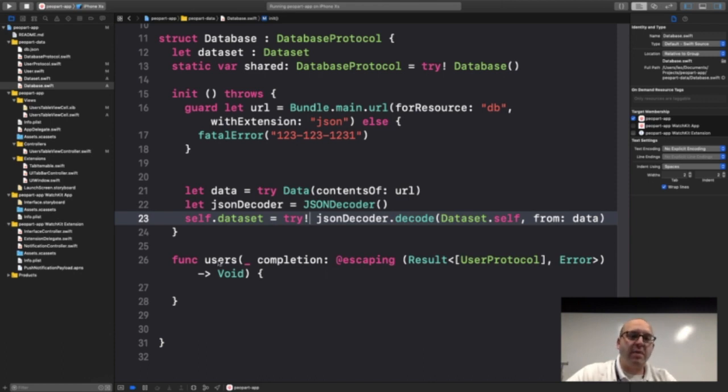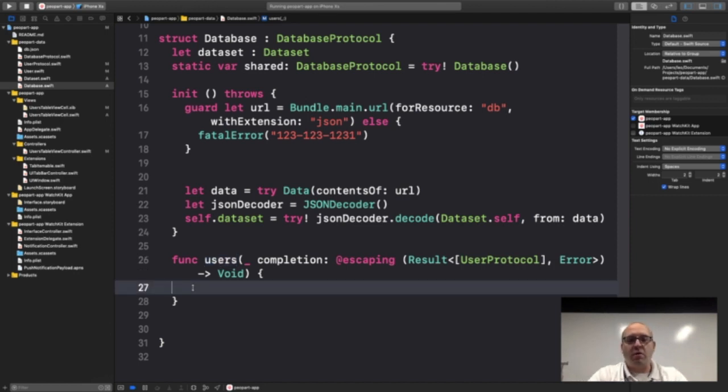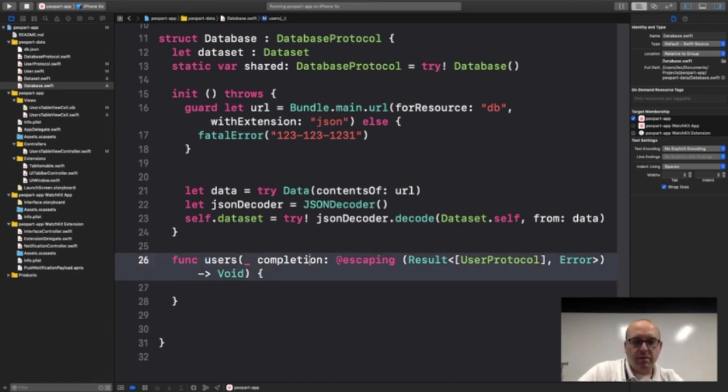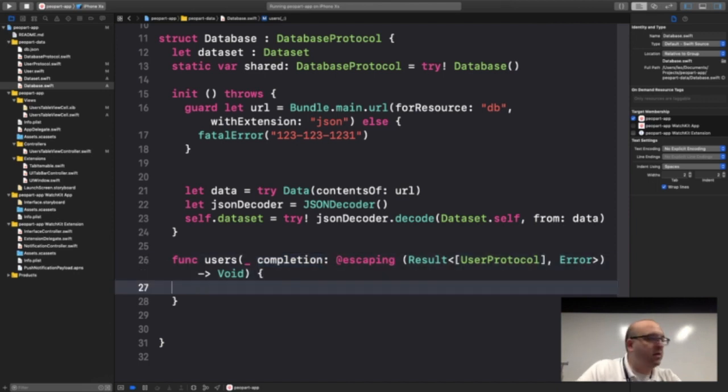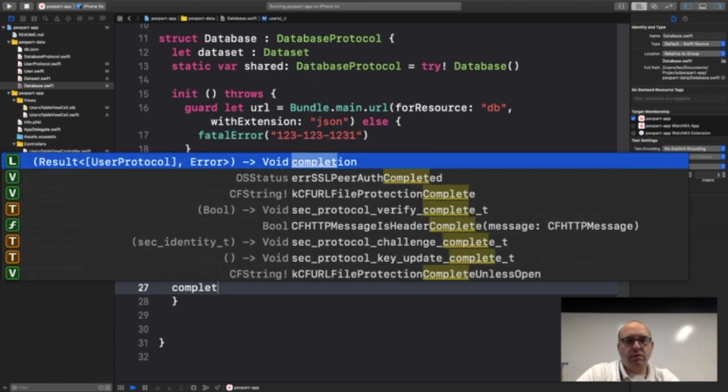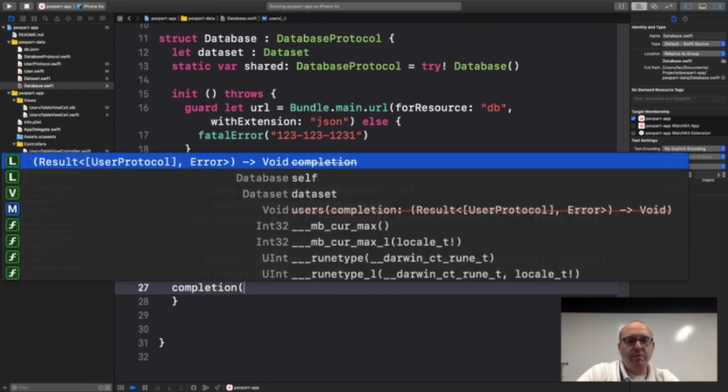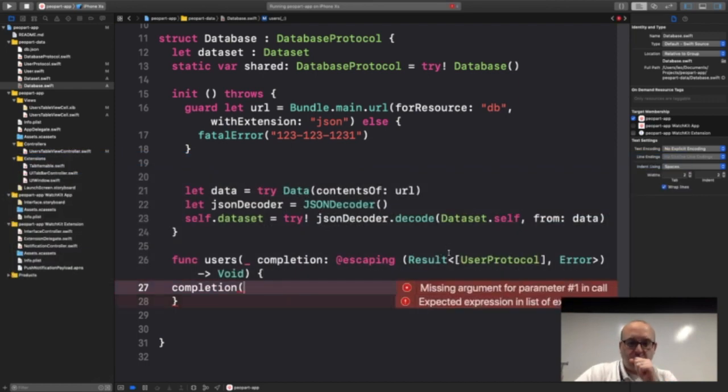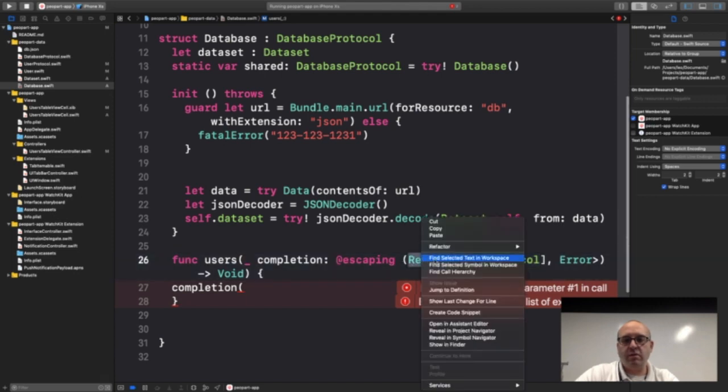Let's go ahead and implement this users call here really quick. That's fairly simple. So completion is a method. So you would actually give a method as a parameter in this function. Completion, as you can see here, is an actual method. It takes in a result that could either be an error or an array of user protocol. So if you look at result,